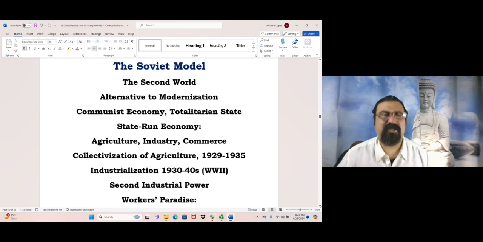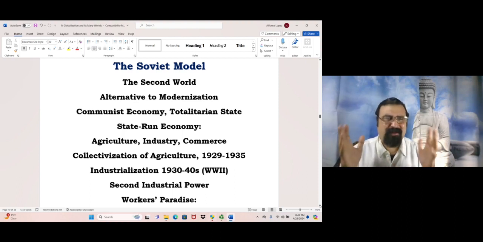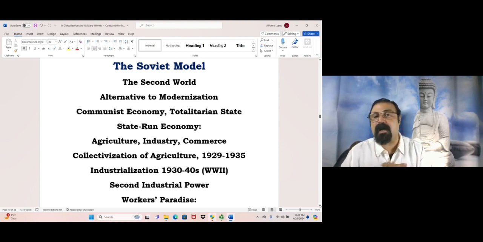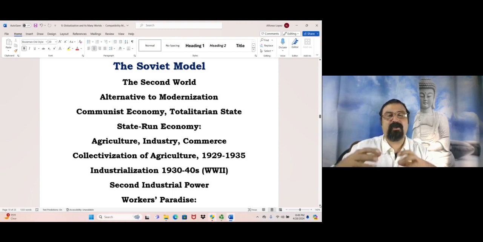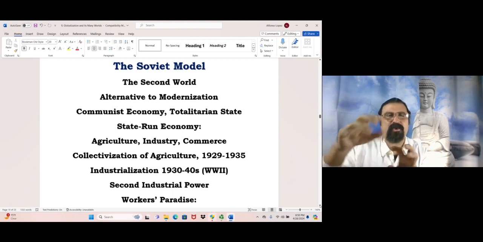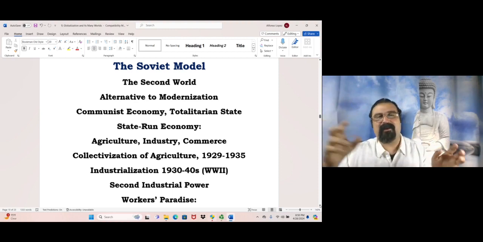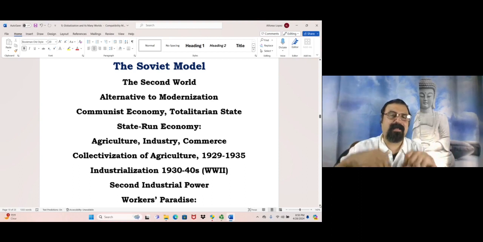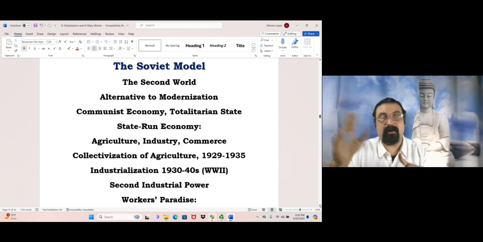We don't have elections as well. It's just the Communist Party that is in charge. And the economy, also, there is no social mobility. In communist countries, people are not divided into social classes, so to speak. Like in capitalism, we have a working class, a middle class, and an upper class. And you can move up and down depending on your luck or depending on your merit, your discipline, your effort,